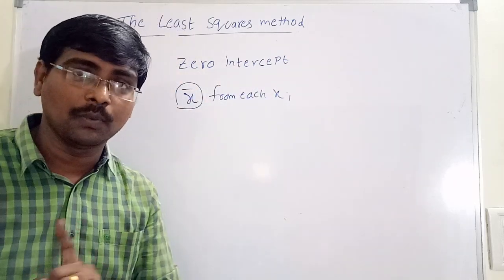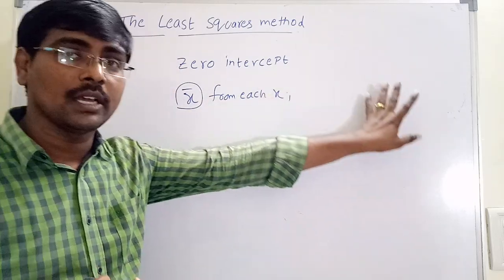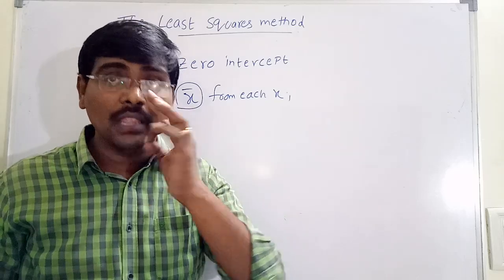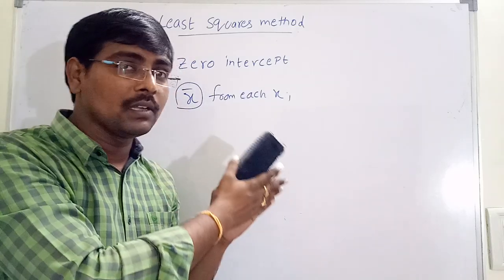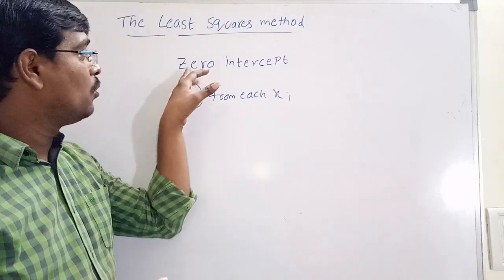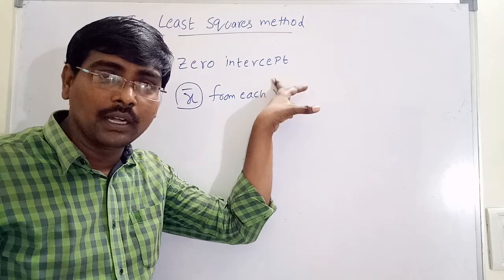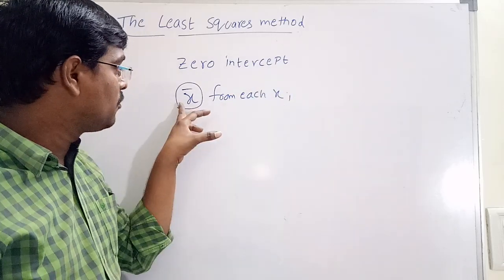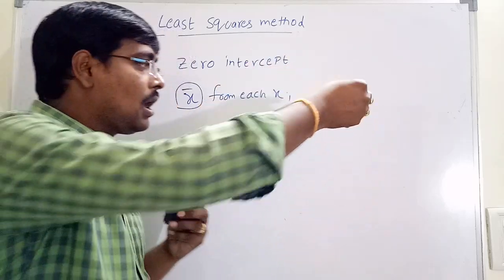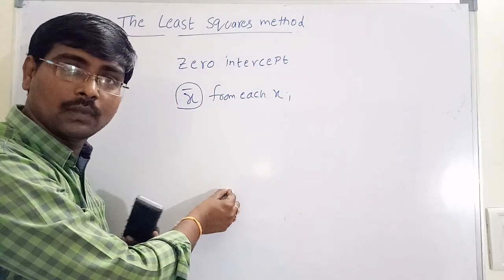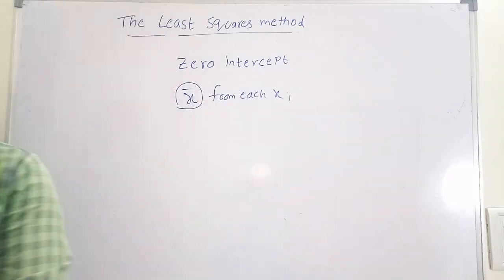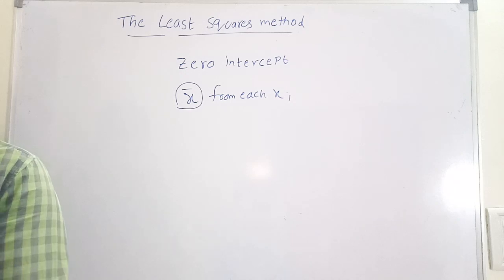Okay, here is one additional point. The line passes through x bar, y bar. If we add any constant to all x values, it does not modify the regression coefficient, because all the values are deviated from the mean. So to make the calculation simple, we make a zero intercept. Zero intercept means that if from all x values you subtract their mean, automatically it moves to the 0th position. Then it is equal to y cap. That is the point we are getting.